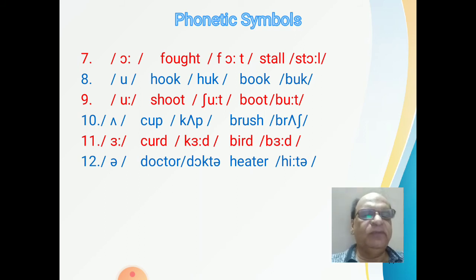Now in Hindi we have only one A, but here we have three A's. This one is cup, brush, a very flat sort of A. But you can note the difference in the eleventh one. This is again an A sound, but when you articulate it, you will feel that there is a sort of smile on your face. Curd. Your lips will spread while articulating this sound. Curd, bird. This was not happening in the previous case. Cup, brush, it was not there. But here, curd and bird.